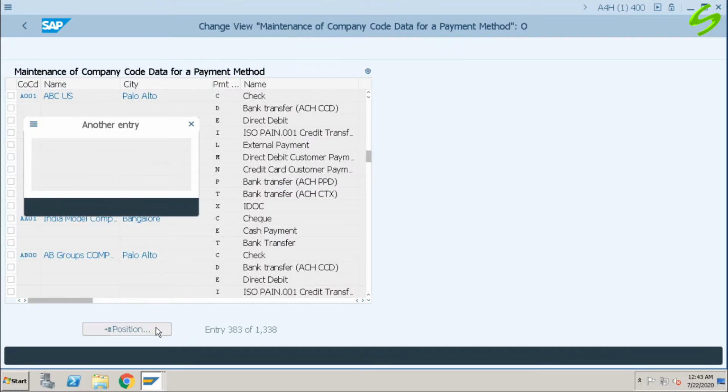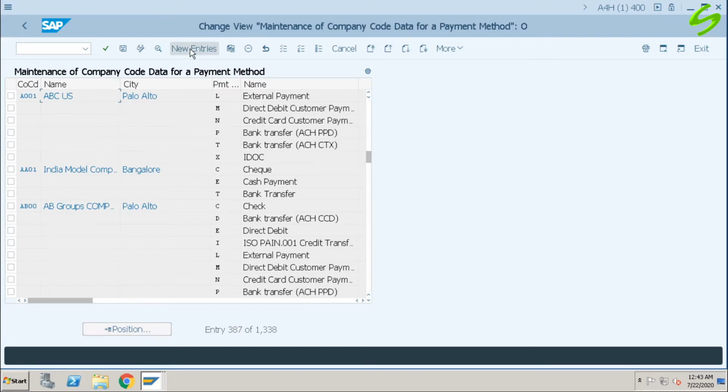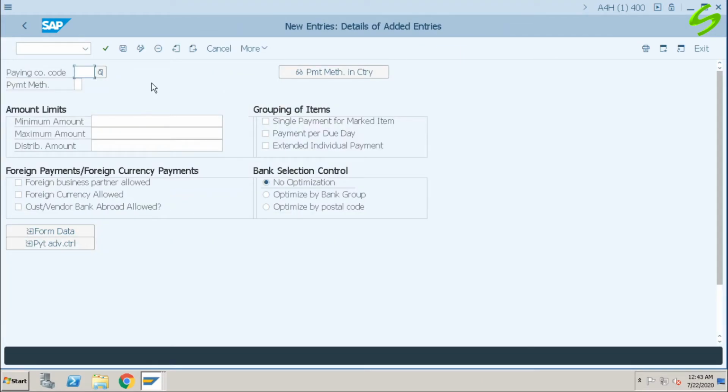Let's click on position. Paying company code is A001 and my payment method is J. Click on new entries. A001, payment method J. Here, per payment method and company code combination, we have to again specify amount limits, minimum amount and maximum amount.